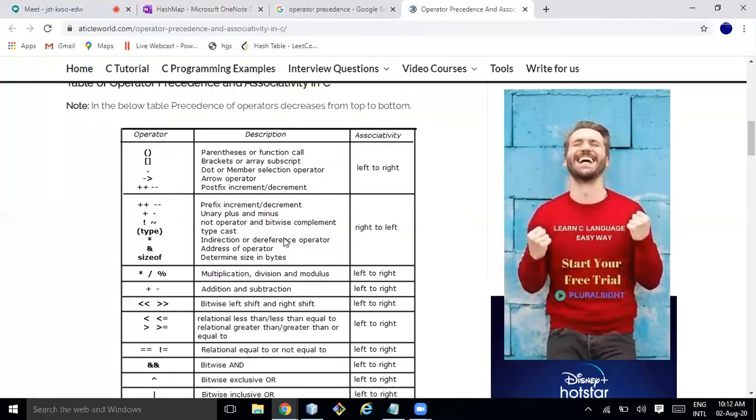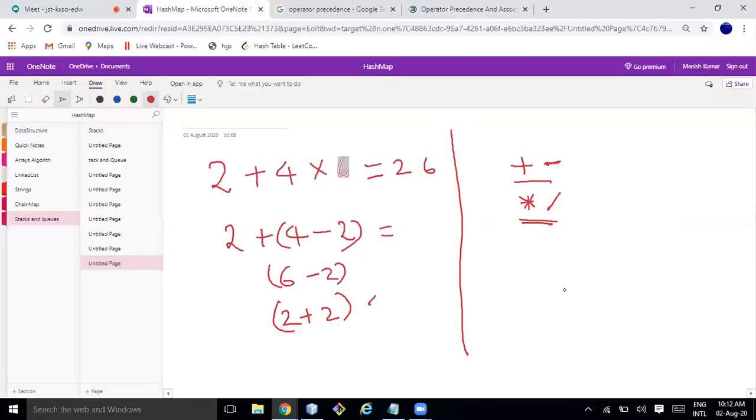Today I am going to look at only the 4 very common operators: plus, minus, into, division, and the power operator. I'll talk about parenthesis also.